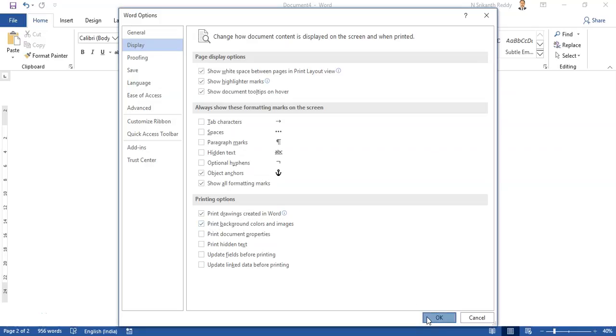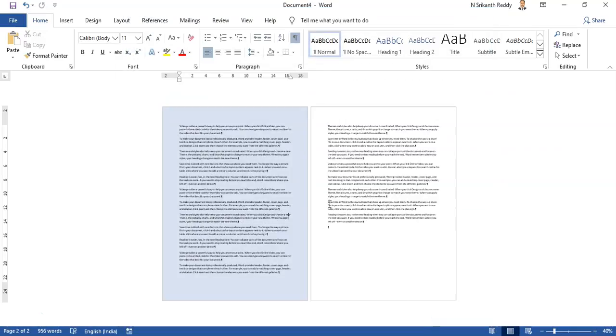Okay, so now you can draw the same as you like. If you want to copy the same thing, this is one color, and the second page right now has no color.